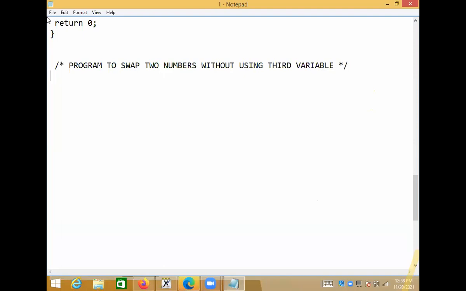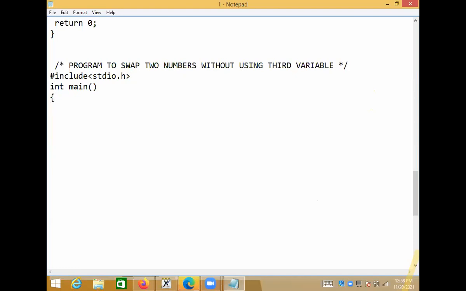I am not copying a previous code. Again from the beginning I am writing so that you will understand from which line onwards you should start your program, and once again you will get some hands-on experience. So next statement is include the header file. This include should be in lowercase, please remember. stdio.h. Then next, main.